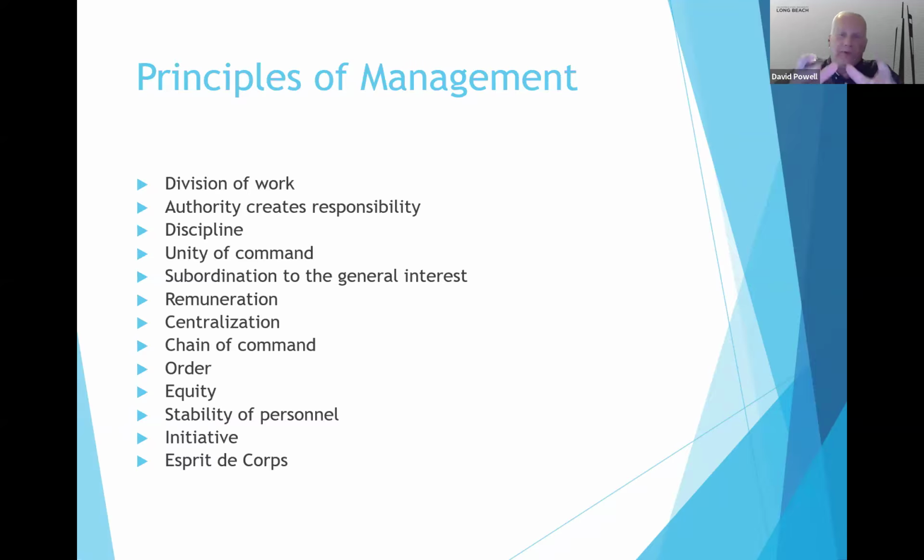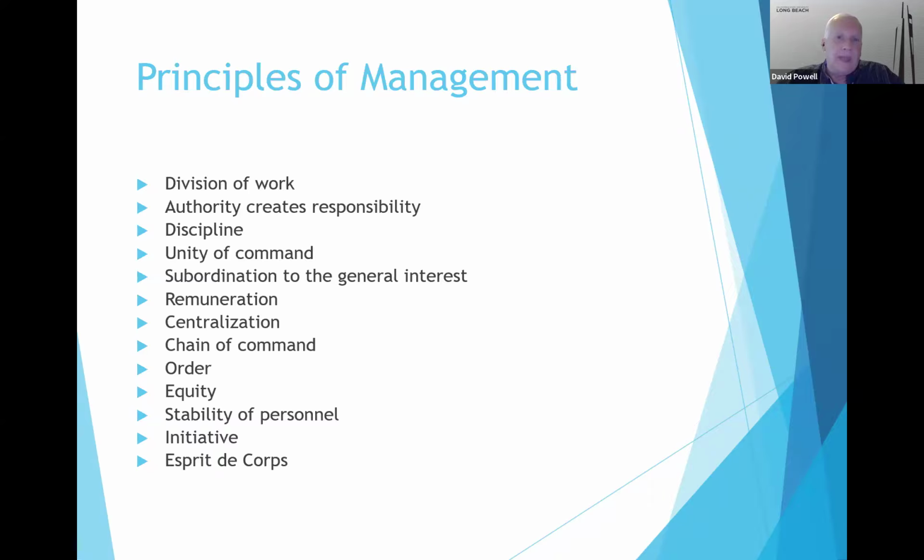So he takes those five essential functions and he uses them to then create all these different discrete principles of management. Some of these principles of management are very common to us because they come directly out of a Weberian type of approach and a Tayloresque type of approach. So the first principle, division of work, obviously that comes straight from Max Weber.